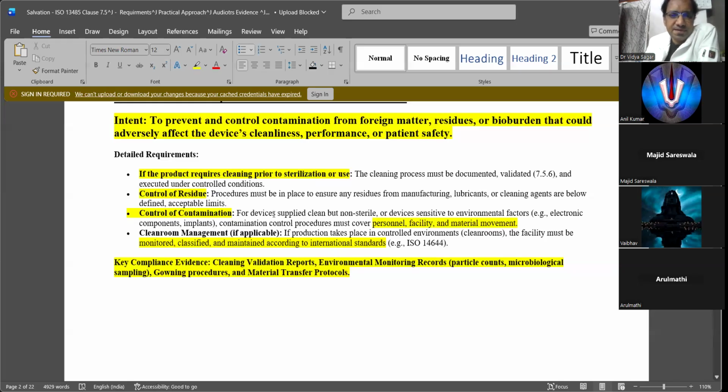Okay, control of contamination. First, devices supplied clean but not sterile. Are devices sensitive to environmental factors? These are basically the electronic components and implants which are very sensitive to electromagnetic conditions. You should not expose them to a lot of electrical or magnetic environment, because when exposed to electromagnetic conditions, there is a chance that they may deform or not function well.